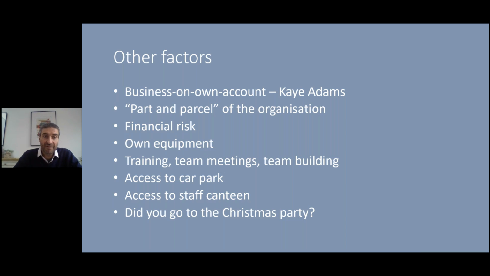Okay, other factors. These are secondary factors, often known as the business on own account tests. These are not as important as the first three, but they will be considered as well. And if the first three aren't that clear, they will come back to these ones to think, this could swing it. Essentially, what they want to know is: is the worker, the individual, in business on their own account? An employee is not in business on their own account. But if we can establish that the worker does demonstrate characteristics and signs of being in business, then IR35 doesn't apply.